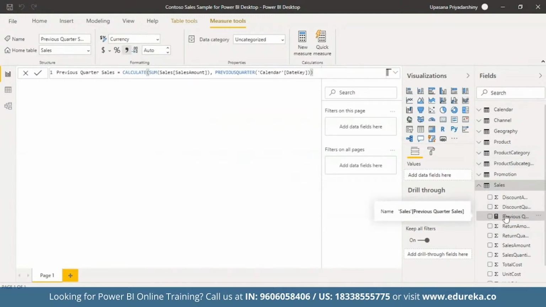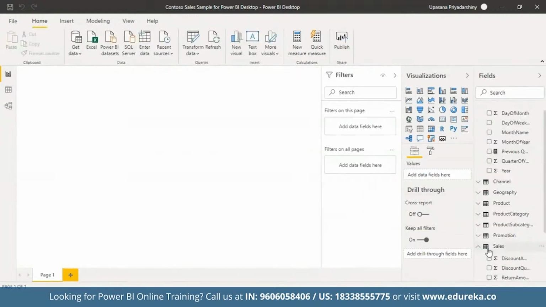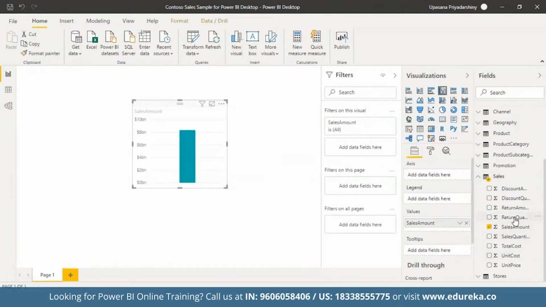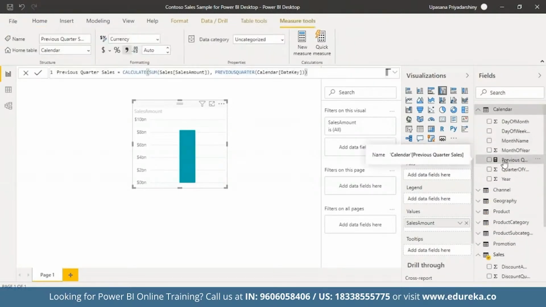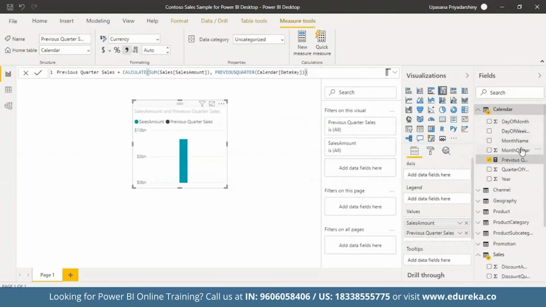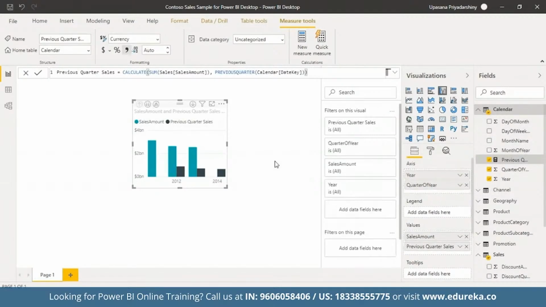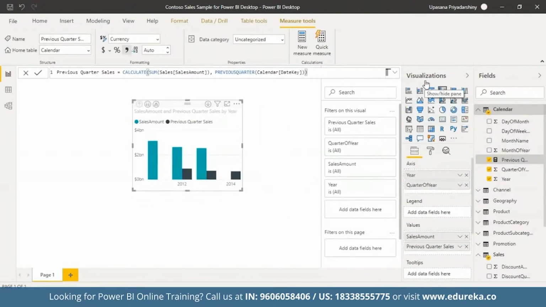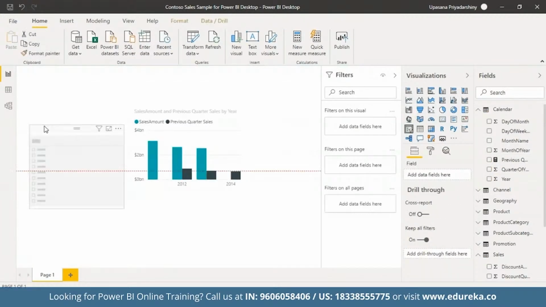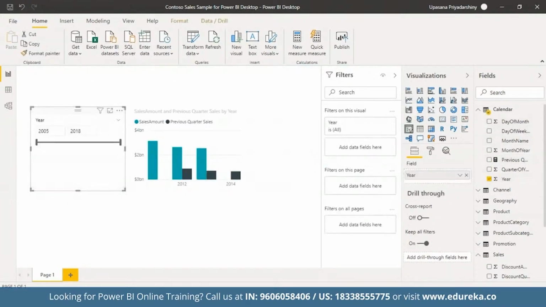Okay? So congratulations, you did it and created a complex measure by using DAX. And this is not one of the easy ones because it has nesting, it has so many advanced functions. But what will this formula do? It's going to calculate the total sales for the previous quarter depending on filters applied in your current report. So for example, if we put sales amount and then previous quarter,